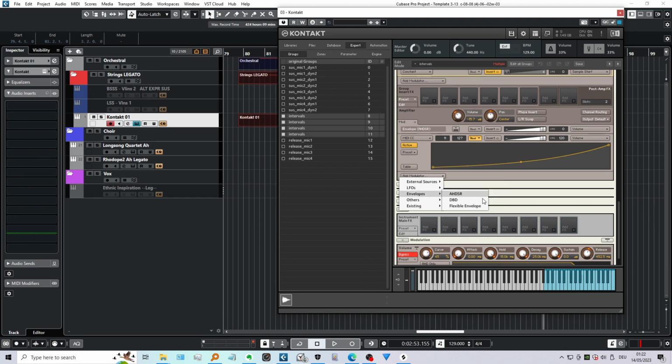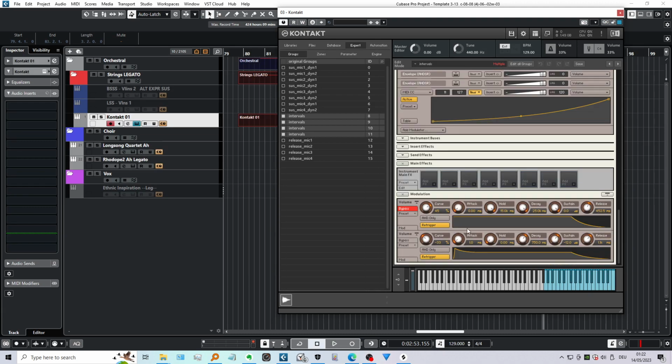envelopes ADSR, and I'm just adding my own because I bypass the developer ADSR and just add my own, because sometimes that ADSR is somehow being affected by the script that they've made. So if I change a value, it might just somehow snap back to its original value without me noticing when reloading the patch. So I just to be sure, I load my own ADSR,